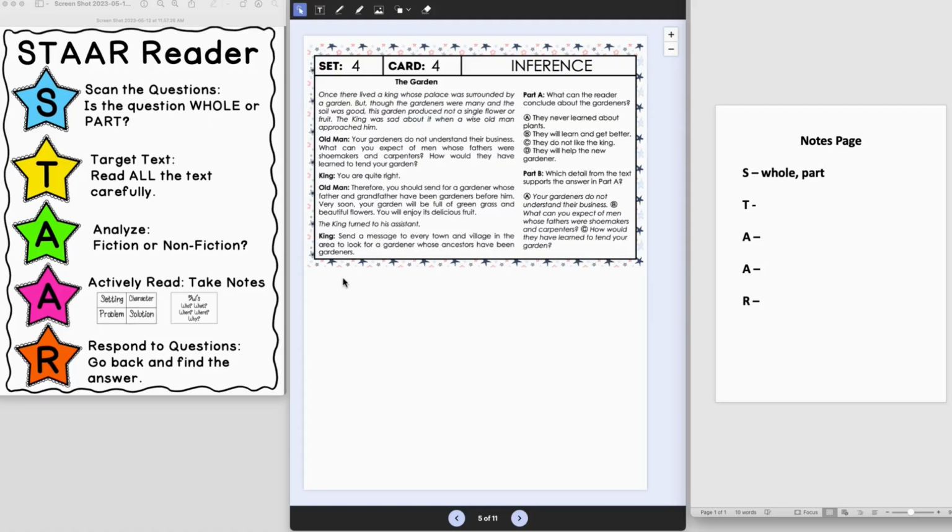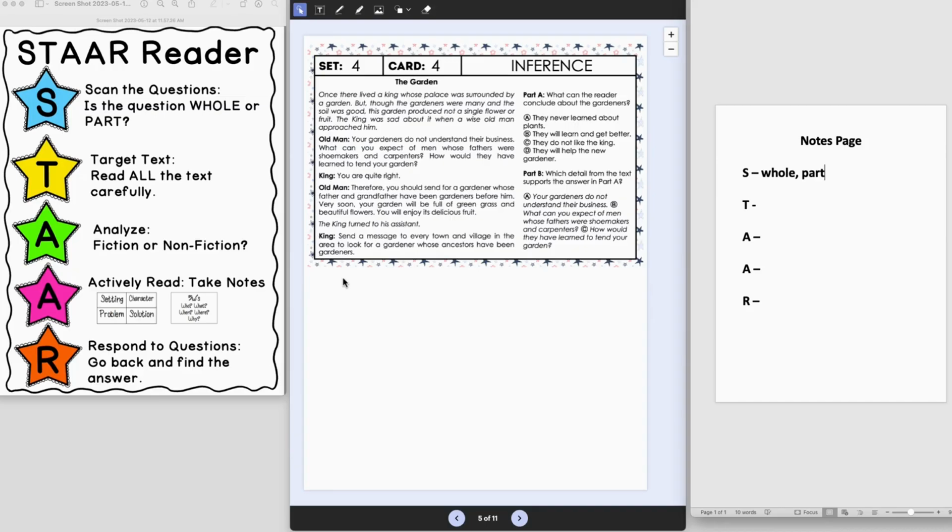How would they have learned to tend your garden? King, you are quite right. Old man, therefore you should send for a gardener whose father and grandfather have been gardeners before him. Very soon your garden will be full of green grass and beautiful flowers. You will enjoy its delicious fruit. The king turned to his assistant. King, send a message to every town and village in the area to look for a gardener whose ancestors have